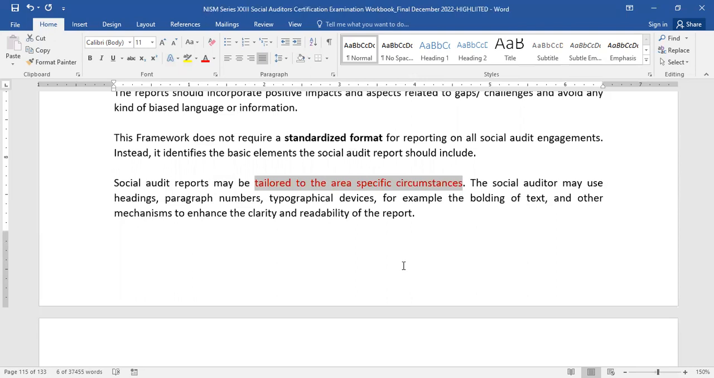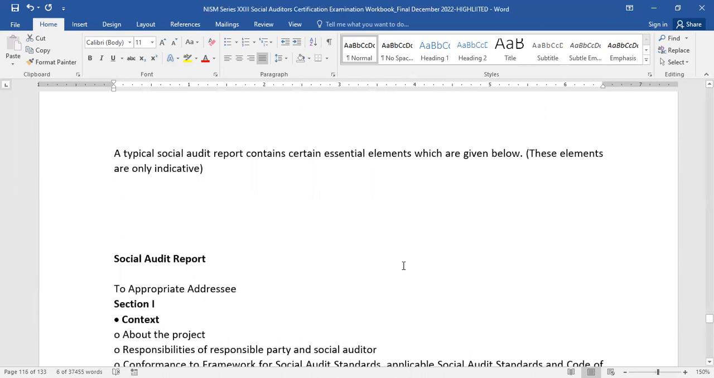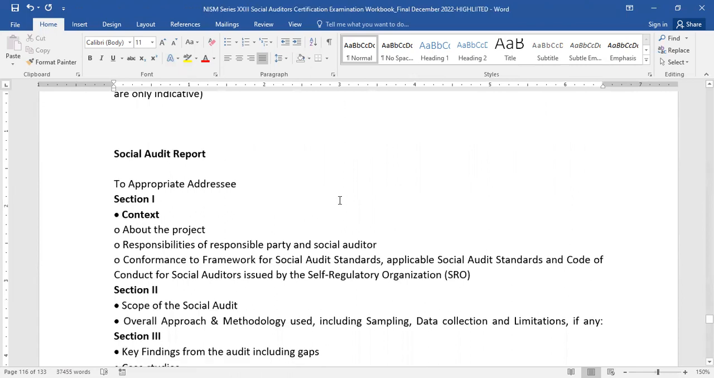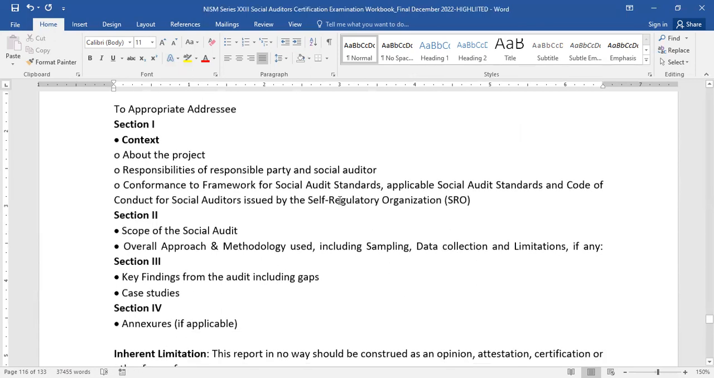So, presentation should be a better one. A typical social audit report contains certain essential elements which are given below. So, these are only indicative and not exhaustive. तो सोशल ऑडिट रिपोर्ट में आएगा, सबसे पहले हम एड्रेसी को एड्रेस करेंगे. सेक्शन 1 में क्या आएगा? अबाउट द प्रोजेक्ट, रिस्पॉन्सिबिलिटी ऑफ द रिस्पॉन्सिबल पार्टी एंड सोशल ऑडिटर,